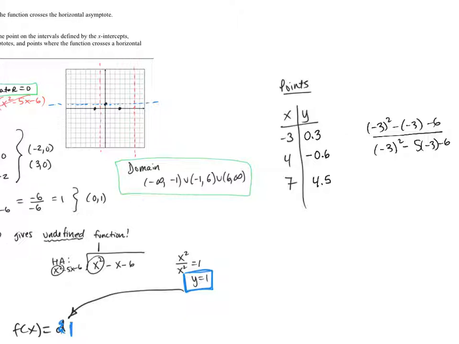So I'm going to go ahead and graph those. At -3 it's a positive 1/3, and at positive 4, 1, 2, 3, 4, we're at a -0.6, and then at 7, 1, 2, 3, 4, 5, 6, 7, we're up at 4.5. Okay, so given the fact that a vertical asymptote is defined as the place where my function approaches positive